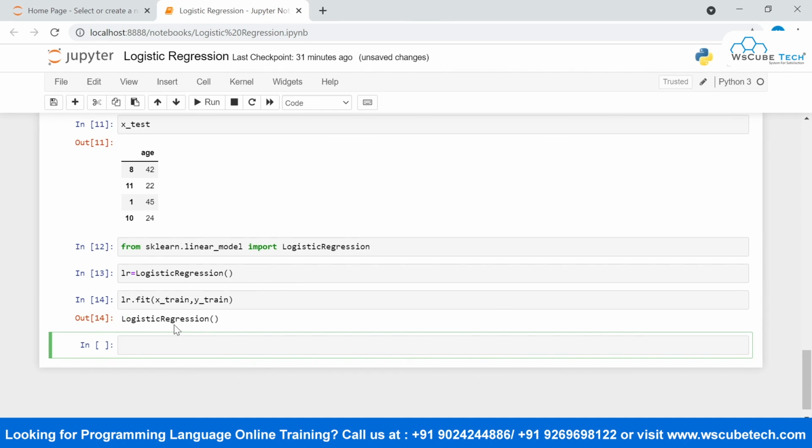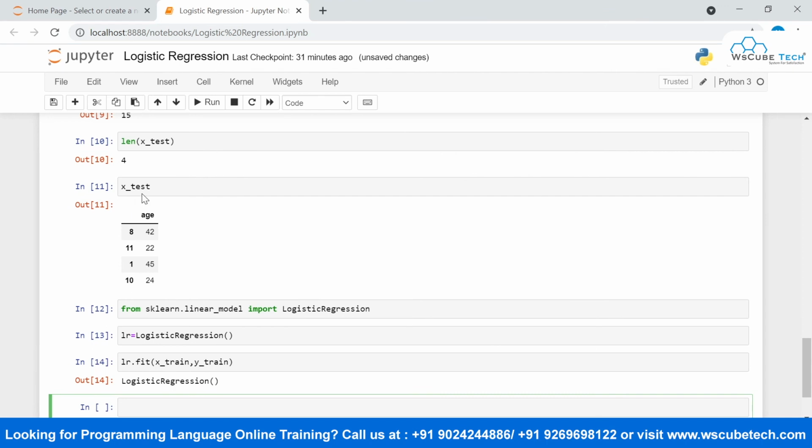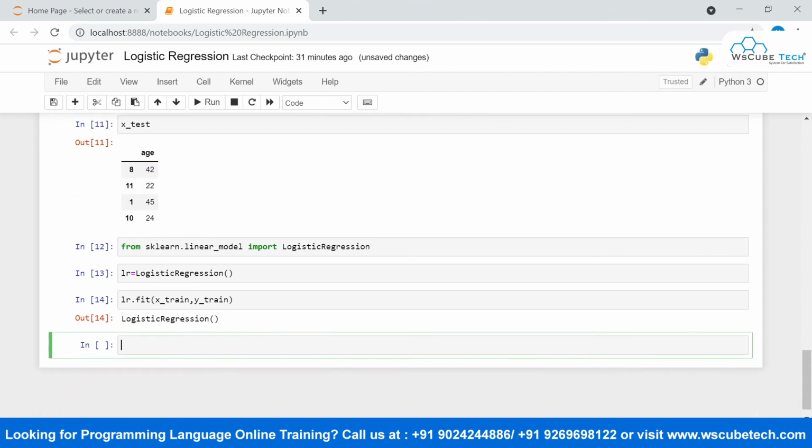Once I have done this step, it simply says that my model is now trained properly with this X_train and y_train, and it is ready to make predictions. Now we need to do the prediction of this X_test. So I will say lr.predict, and what I need to predict is X_test.